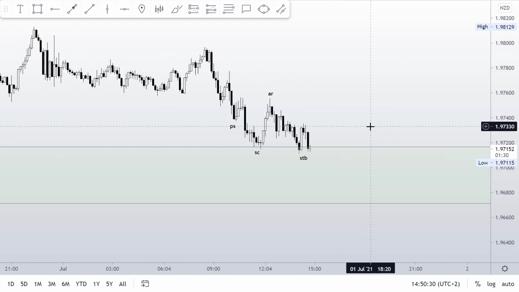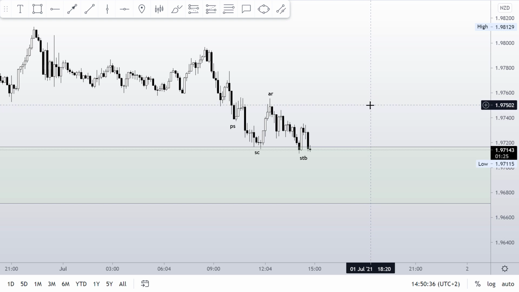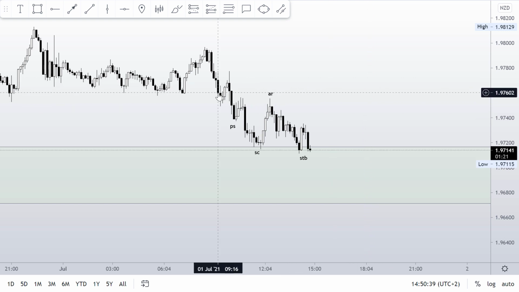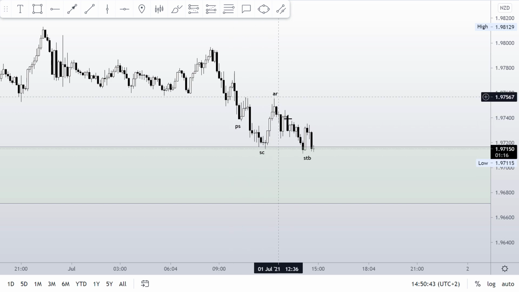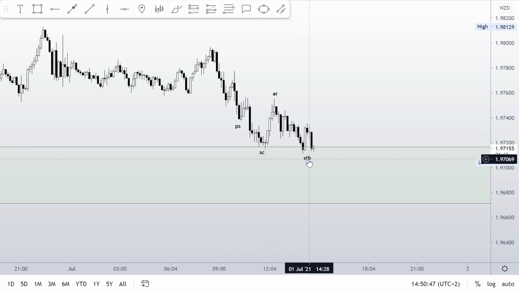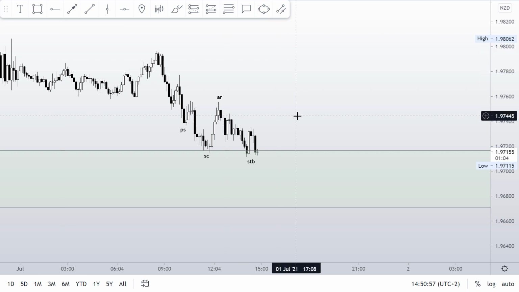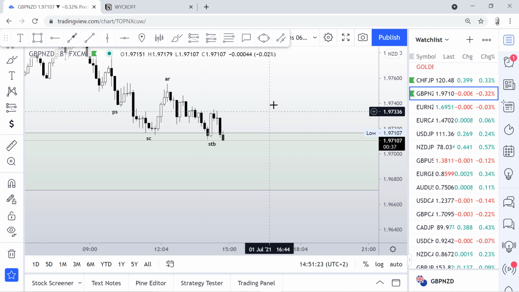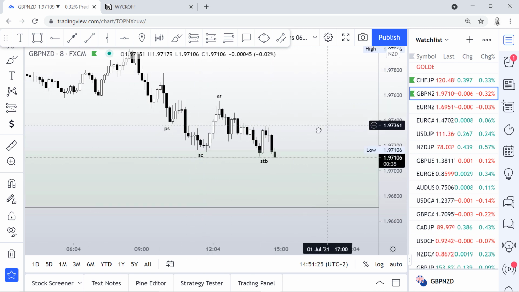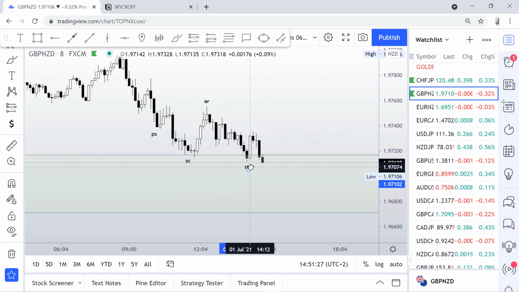let's go down to the 8-minute chart that I was right here, we can see a potential Wyckoff schematic taking place with the preliminary support being right here, seller's climax, automatic rally, secondary test in phase B, and we do not necessarily need to have a spring right here, but as it seems, it is very possible that now we are creating our spring, but nonetheless it doesn't have to work, of course.